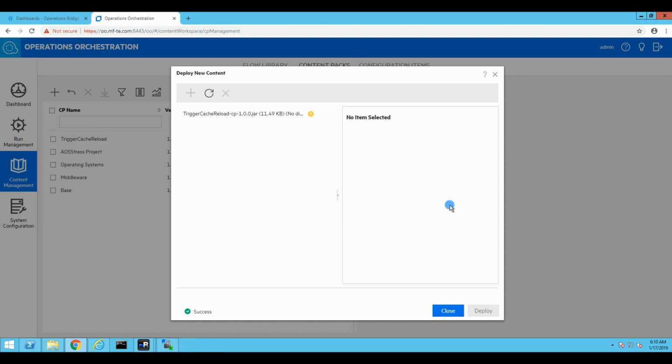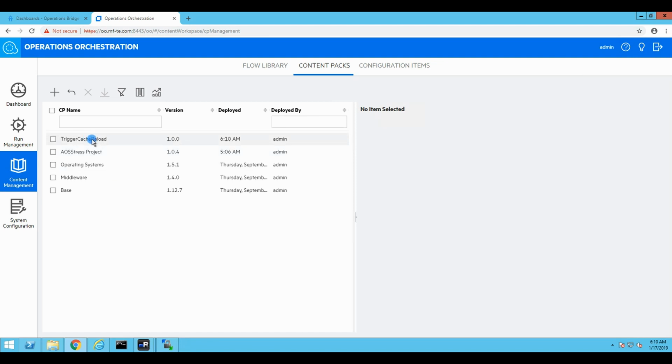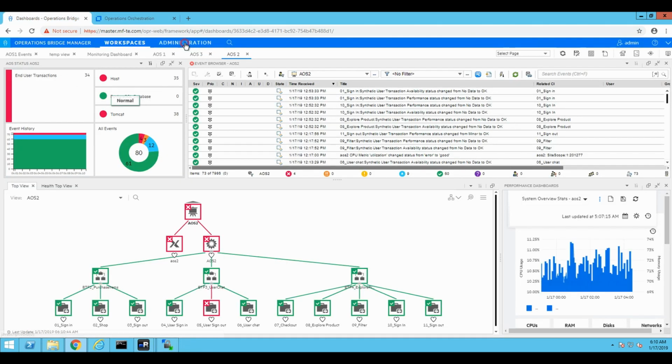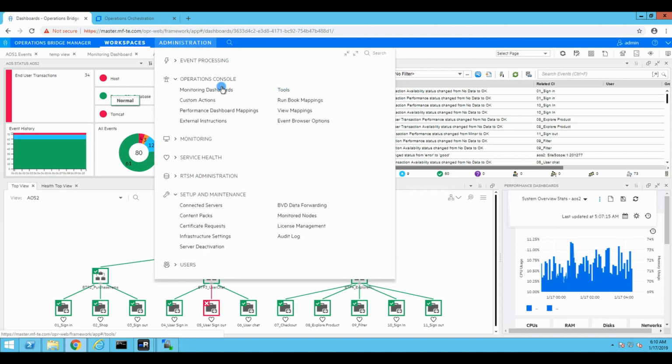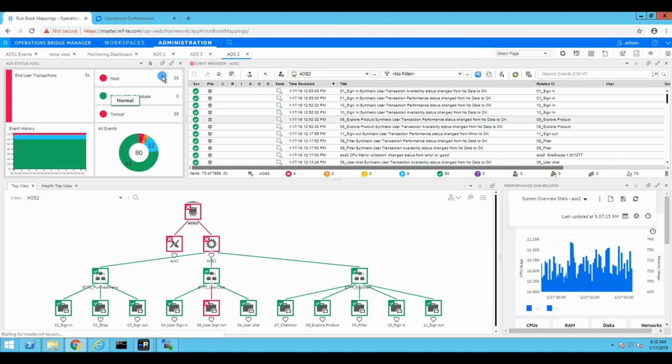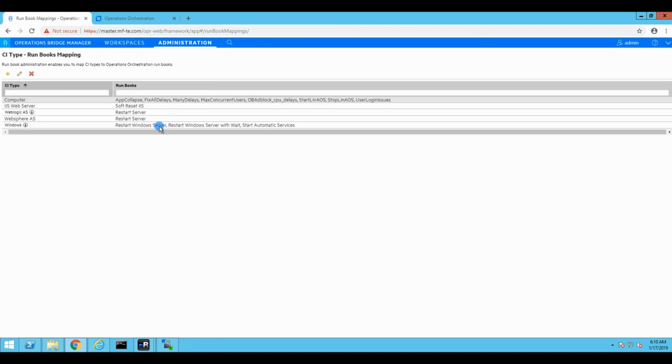Fantastic. You know, if you're running on HTTPS sites, probably you need to refresh them from time to time. And there we have it. So this is step number one. Now we will go to our OBM and we'll go to runbook mappings. So this is how you map a runbook in Central to OBM so it would be able to execute properly,